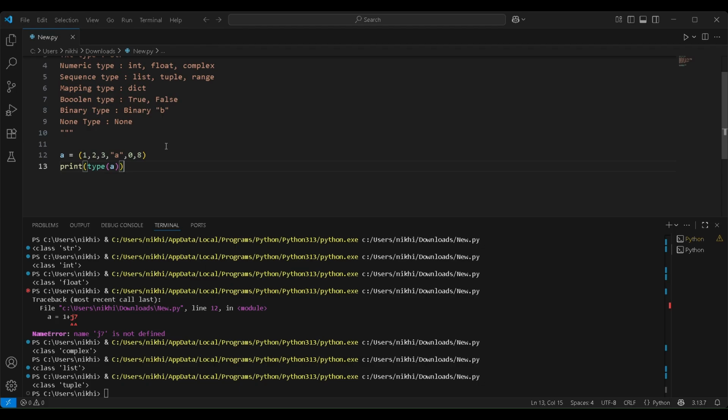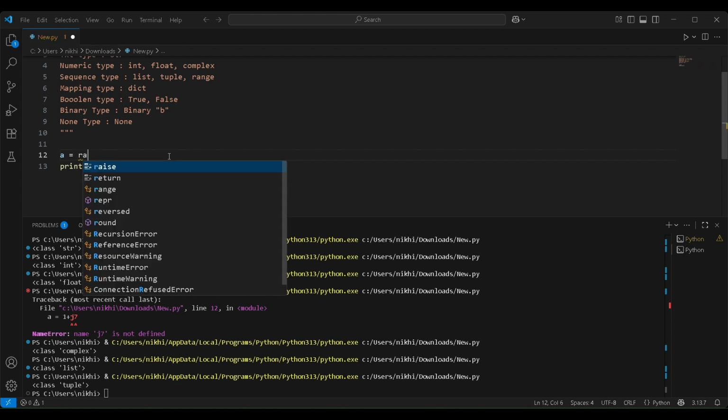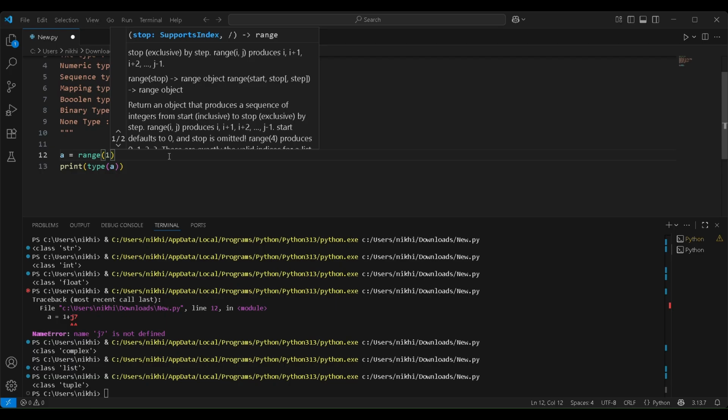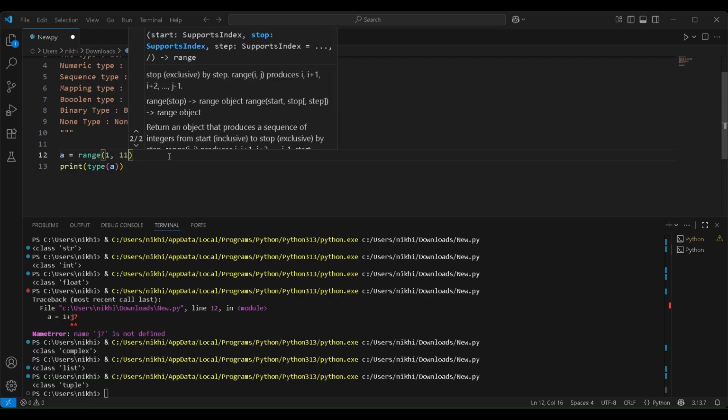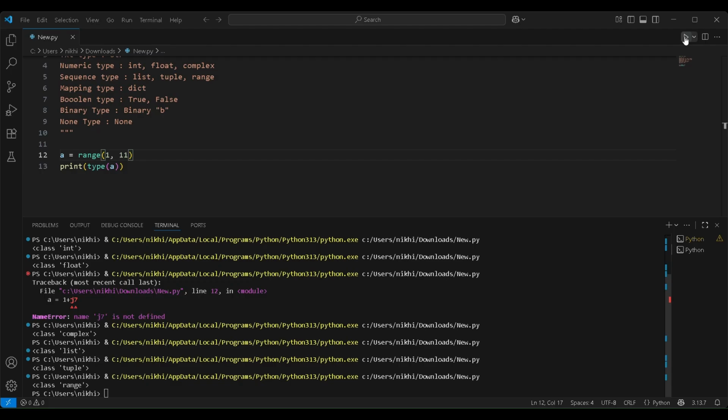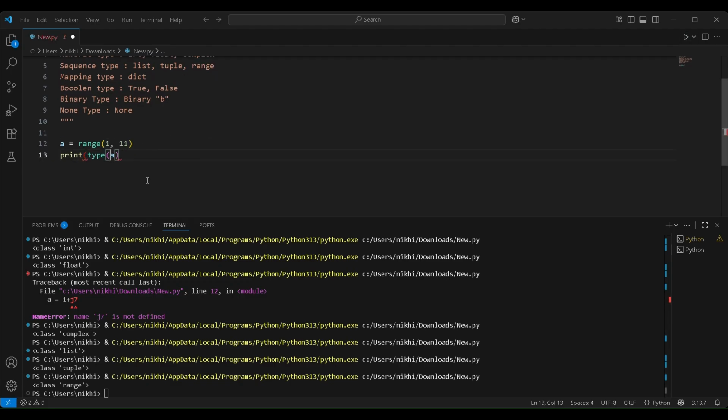Then it comes to range. Range is a built-in function that Python has. Suppose we need to print the numbers 1 to 10. We need to define 1 to 11, because the second number, 11, is excluded from the range. While running this code, it gives class range, and the output numbers would be,